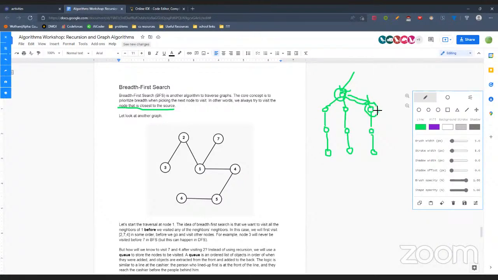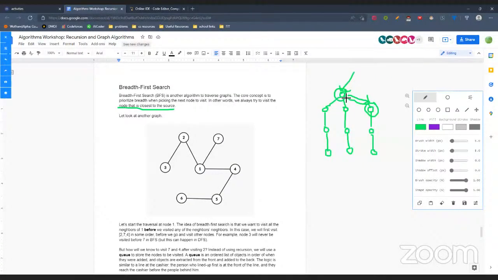Now in DFS, you would have taken this node and visited its unvisited neighbor, which is right here. But when I mean closest, or in terms of distance, I mean the number of edges, right? So if we were to visit this node, that would not be BFS anymore, because let's look at this node. This node is also unvisited, and its distance to the first node is just one edge. But this node has a distance of 2 edges from the source. And so we can't be visiting this node, right? We have to be visiting those that are closest to the source. So when we pick a node to visit,